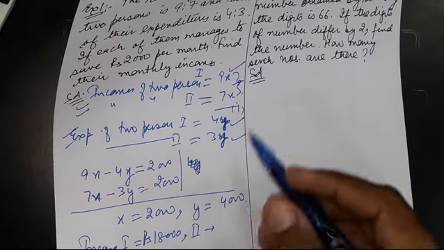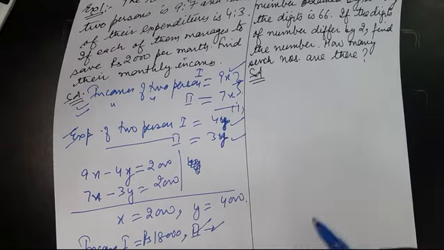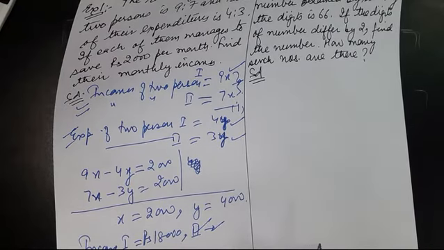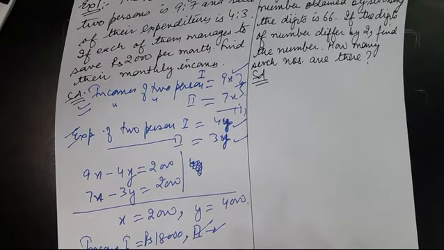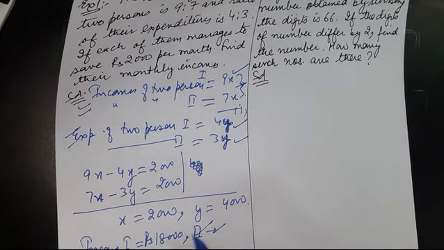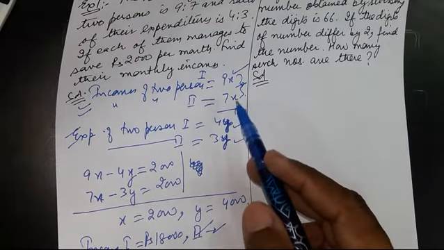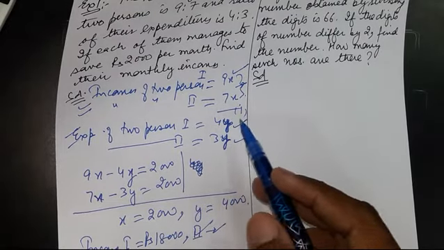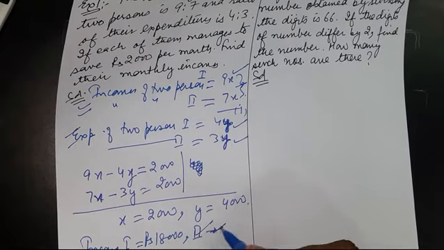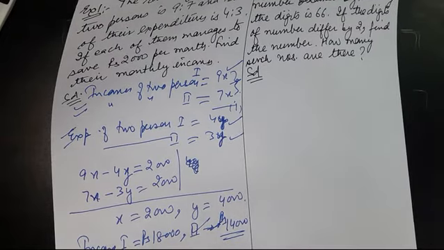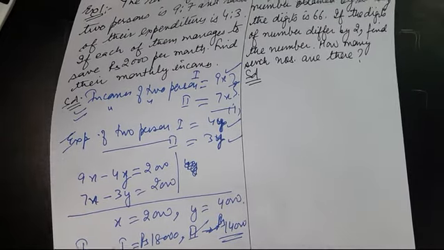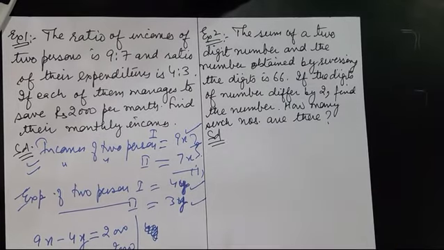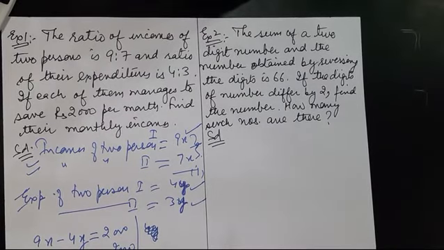And similarly you can solve the rest of the part here. Got it? I hope you are getting what I mean to say here, that the ratios are 9 and 7. So for the second also you will get 14,000 here, like this, incomes, and you can get expenditure also.